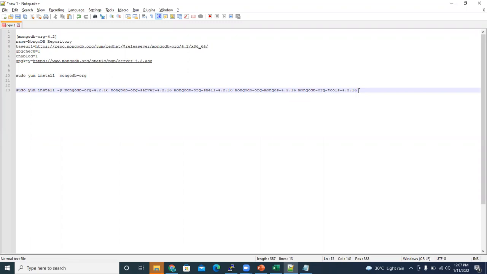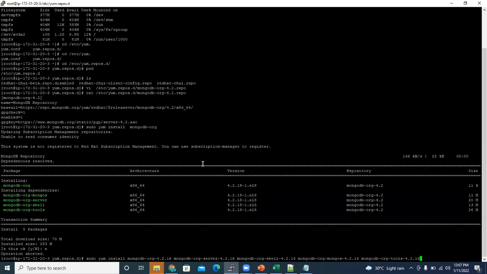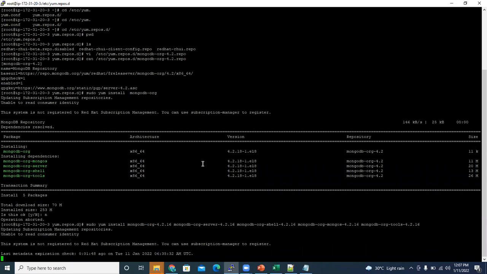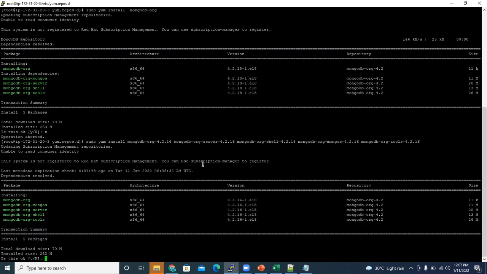If I want to install any particular version in 4.2, I'll remove the -y again. Can you see here? It is going to install 4.2.16 because I mentioned it in the yum install command.